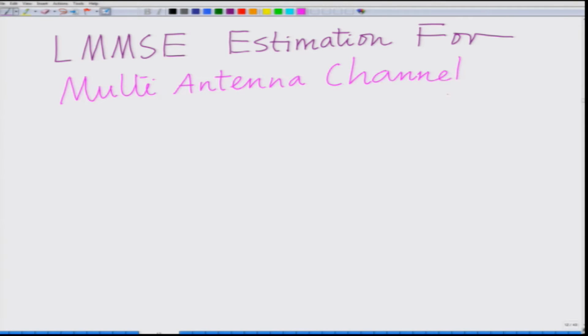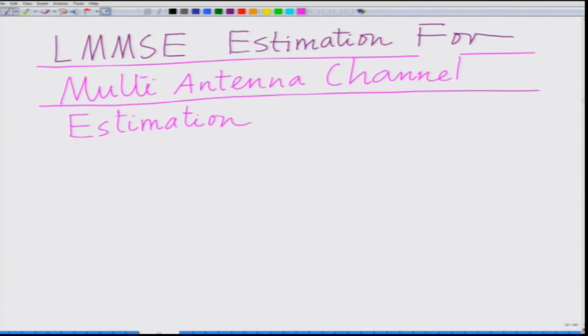For multi-antenna channel estimation in a wireless system, we are going to look at LMMSE estimation for a multi-antenna wireless channel, and we have already seen the problem. So consider the multi-antenna channel estimation. We have seen the problem can be expressed as y bar equals X h bar plus v bar, correct,